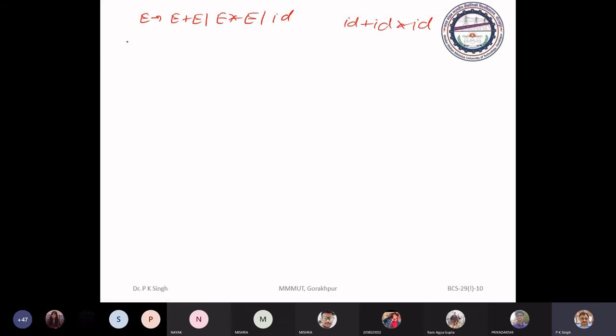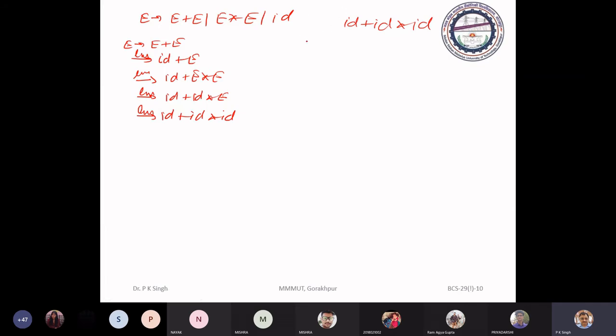You have seen these two derivations. E to E plus E, LM ID plus E, LM ID plus E into E, LM ID plus ID into E, LM ID plus ID into ID.